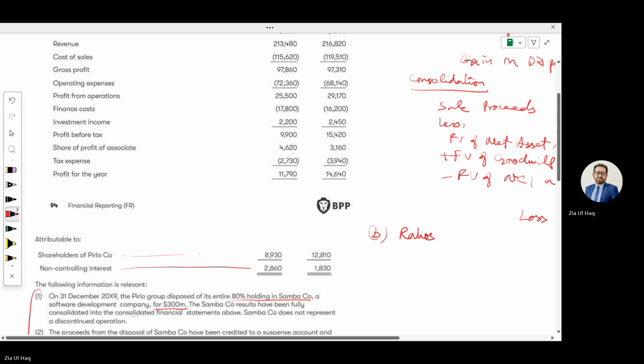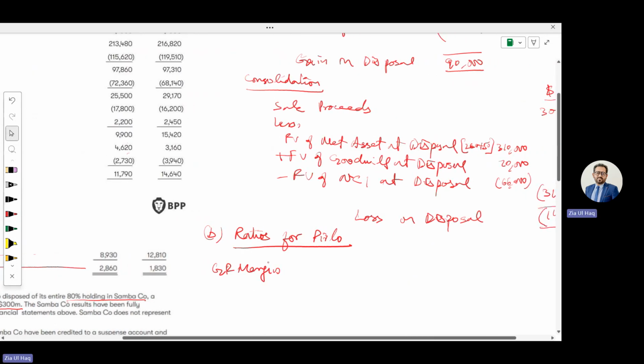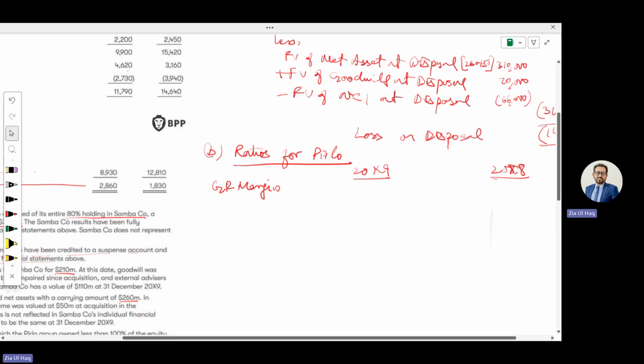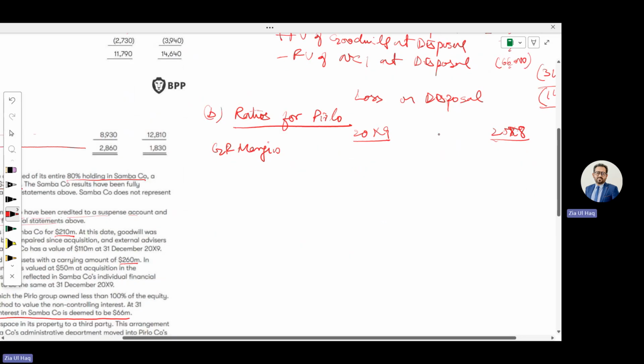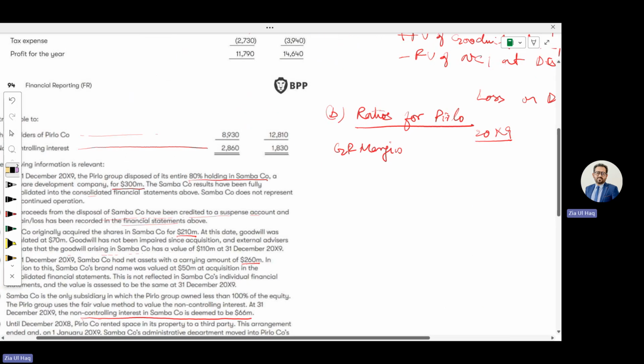Ratios for Pirlo. GP margin, profit margin, and interest cover are all here. So GP margin for 20x9 and 20x8. Here we can put a line so that we can differentiate both years. So to calculate GP margin,